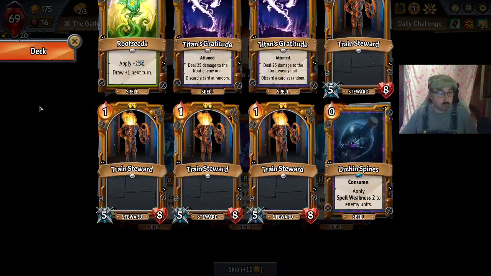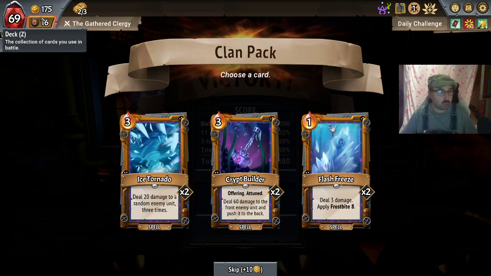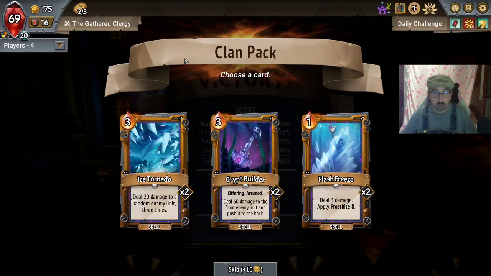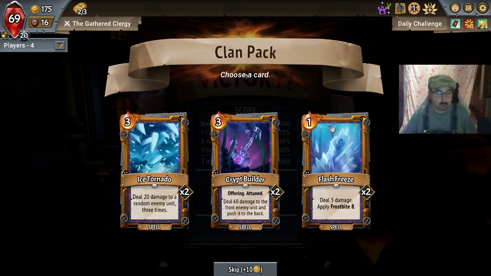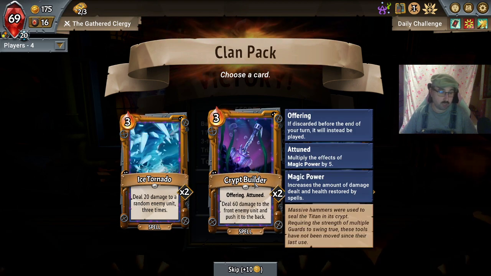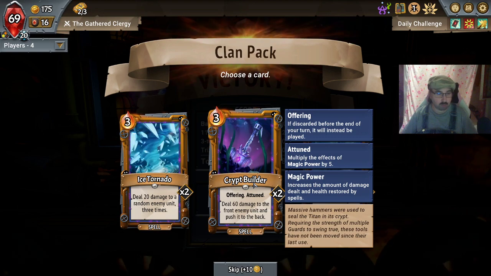Crit Builder seems good. We can make it deal high amounts of damage with some magic power, which can be great with Urchin Spines. Yeah, it's definitely not obvious. I should have clarified that. Because usually you would expect this to have a fixed target that can't be randomized, because there is only one front enemy unit at all times, so...